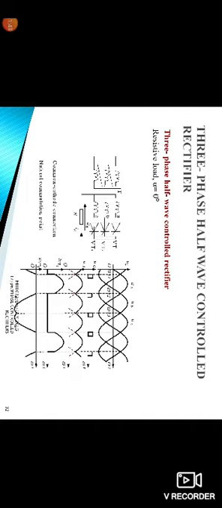Here is the three phase half wave controlled rectifier with resistive load. Here we have the common cathode connection and natural commutation point. There are three thyristors VT1, VT2 and VT3, and there is only a resistor R. The three phases A, B, C are connected at a common point, that is the common cathode connection. Next, the natural commutation points.